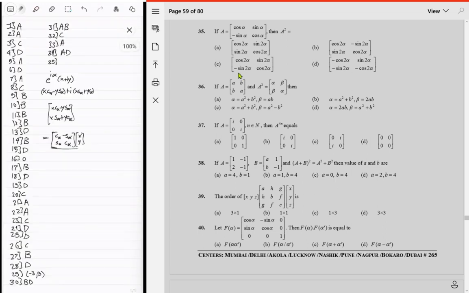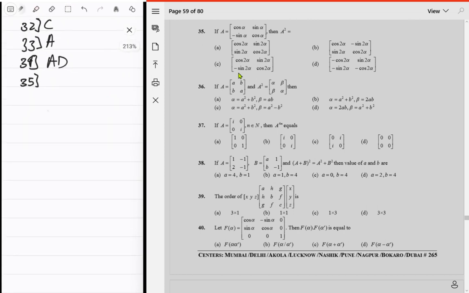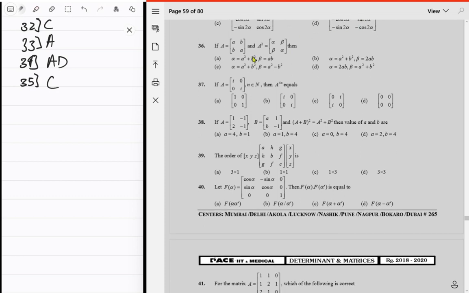Next question. And if you really want to do it, do the matrix multiplication. This is the same thing anyway. All right, next question. If A is equal, is there some other option that might be correct? No, it's not. It's just, okay, if A is equal to this matrix and A square is equal to this, okay, then